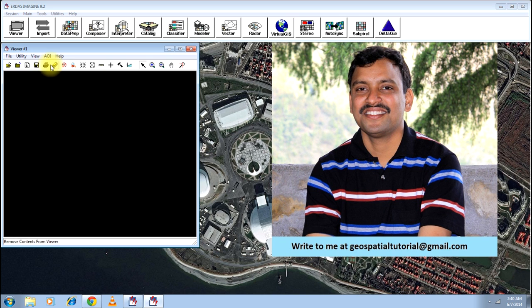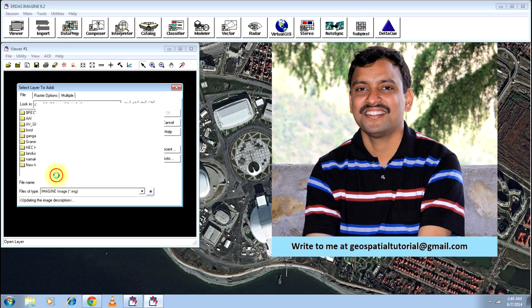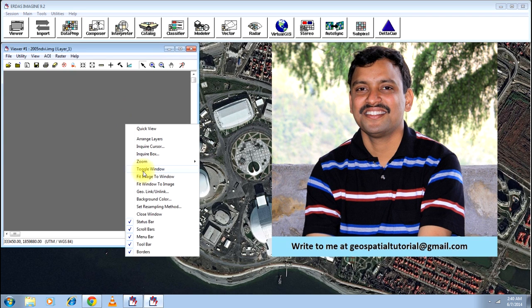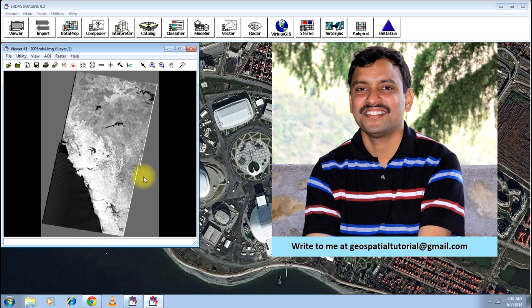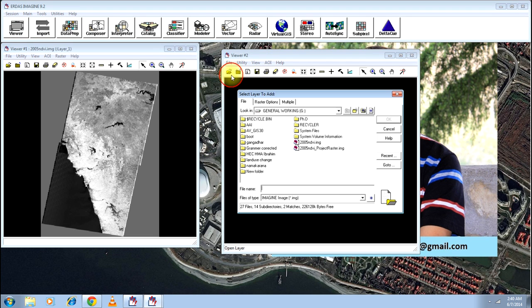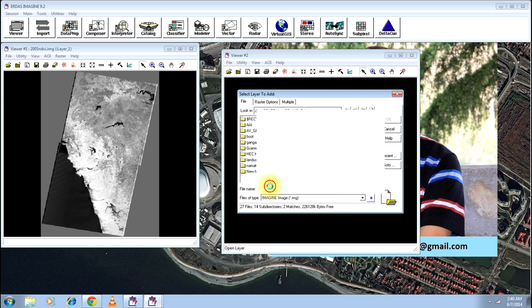First, let me open the image from which we will be subsetting. This is the larger image covering hundreds of square kilometers, and we'll open the usual image we have been using for all our practicals so far.